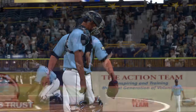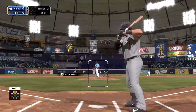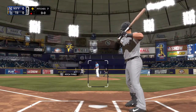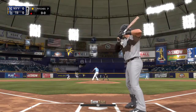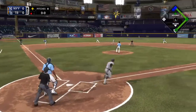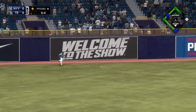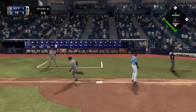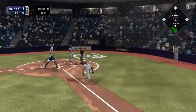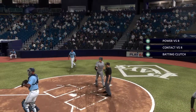Afternoon baseball. Now at the plate, number 19, and a chance to add to his league-leading RBI total right here. Number 19. From the stretch. And he goes the other way as this is hit high and deep out to straightaway left. A leap, but this is out of reach and off the wall. And the run will cross to make this a 1-0 Yankee lead. And the ball's waiting for him, and he's out at the...